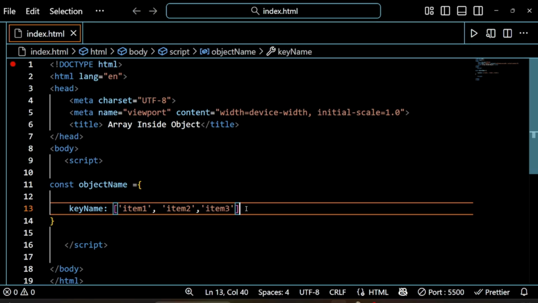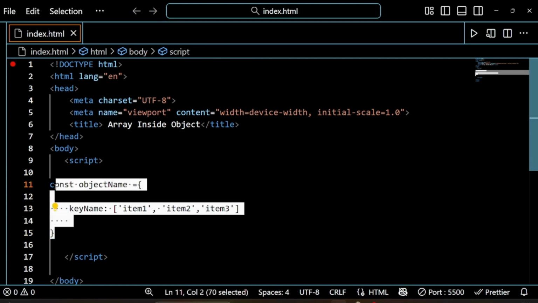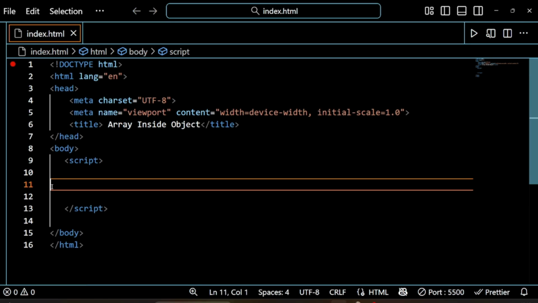So, this is how this array inside object works. First we create one object, and inside this object we have this array. Let's create one more example. I'll simply remove this and create one more example.